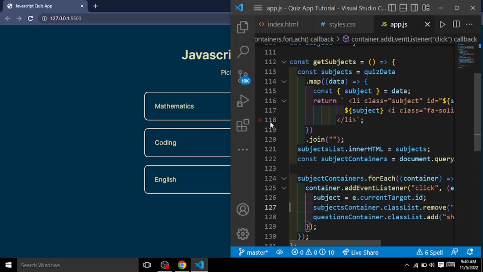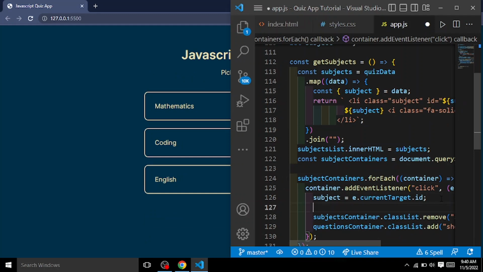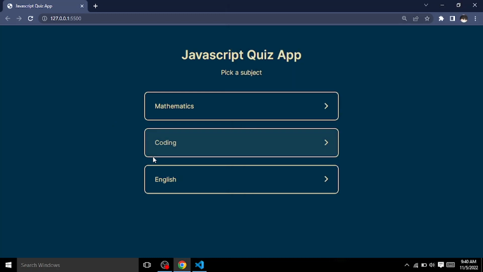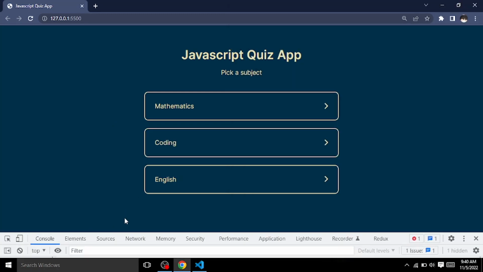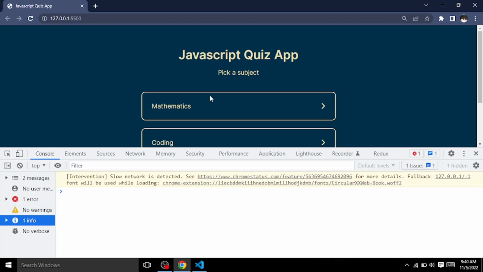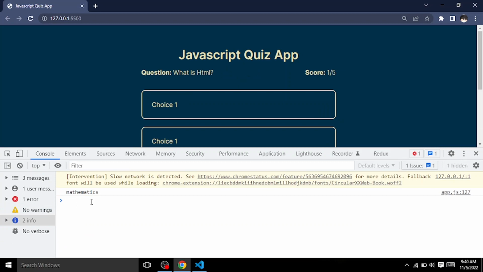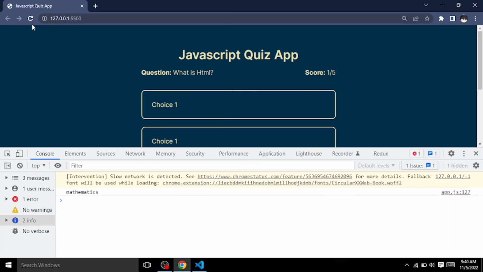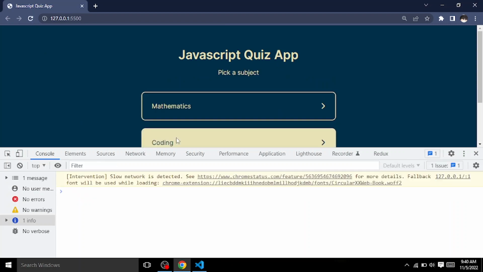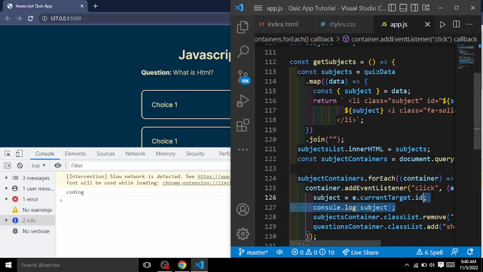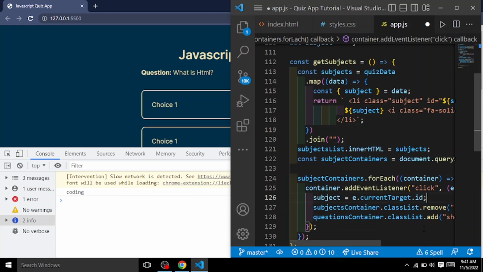So I hope you understand. Let me show you. Let's log subject. Whenever I click on this, can you see math? Whichever you are clicking on at the moment, if it's coding, that's the subject. So it goes back to the getQuestions function,